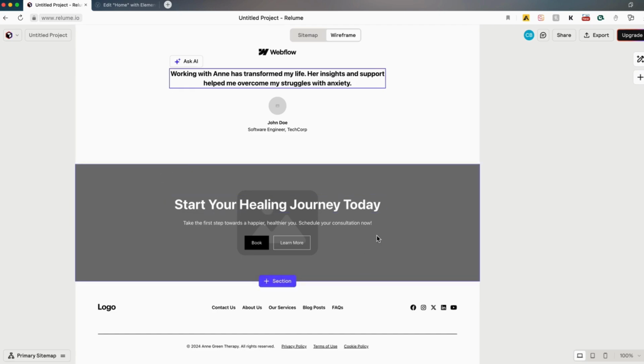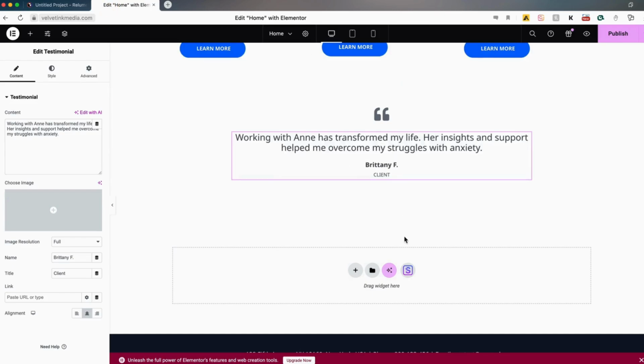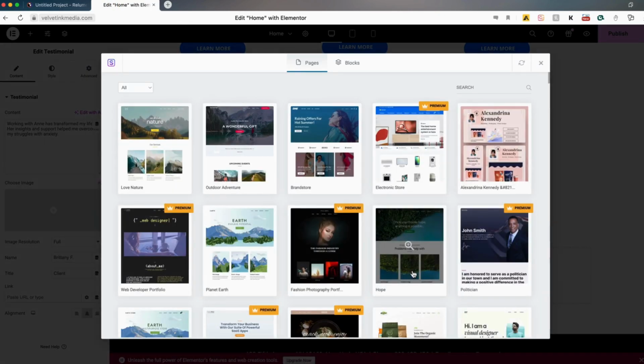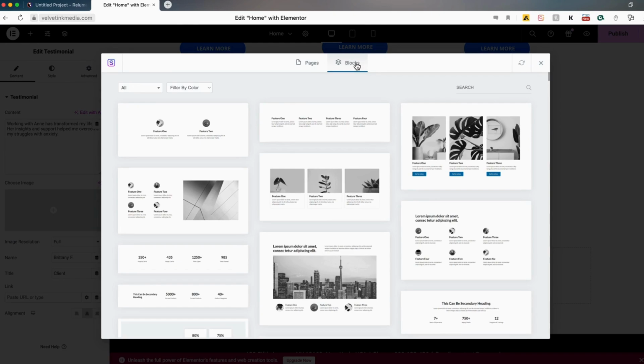All right, so a background image with some dark, opaque black with some opacity set to it so we can read the text, and then some sort of a call to action button. Learn more, book now, consultation, free appointment, whatever the case may be. So let's come here, click our little starter icon again, blocks, and